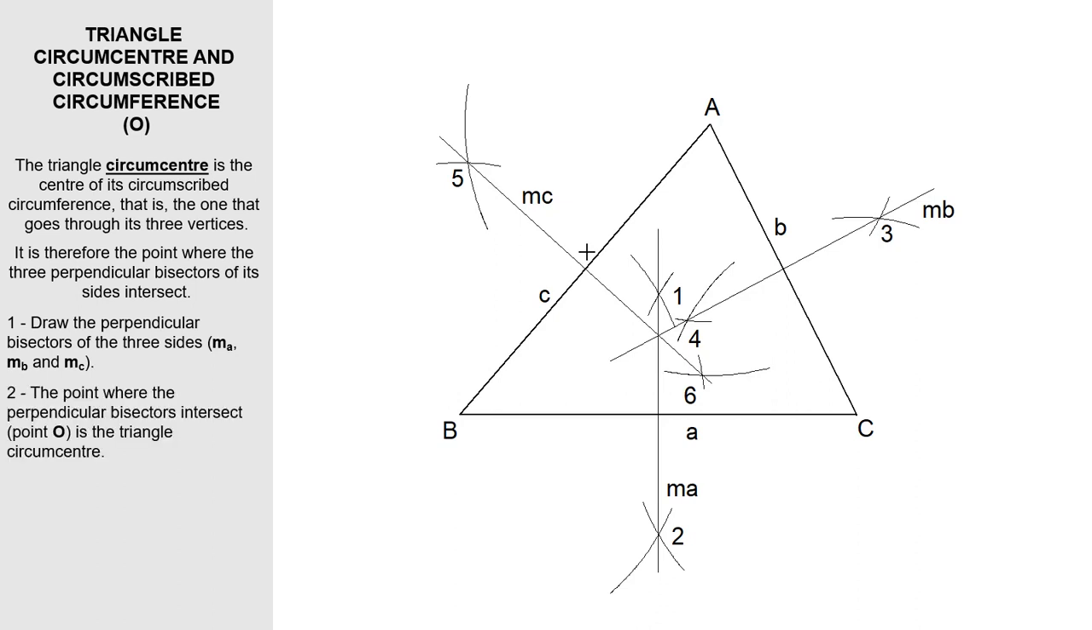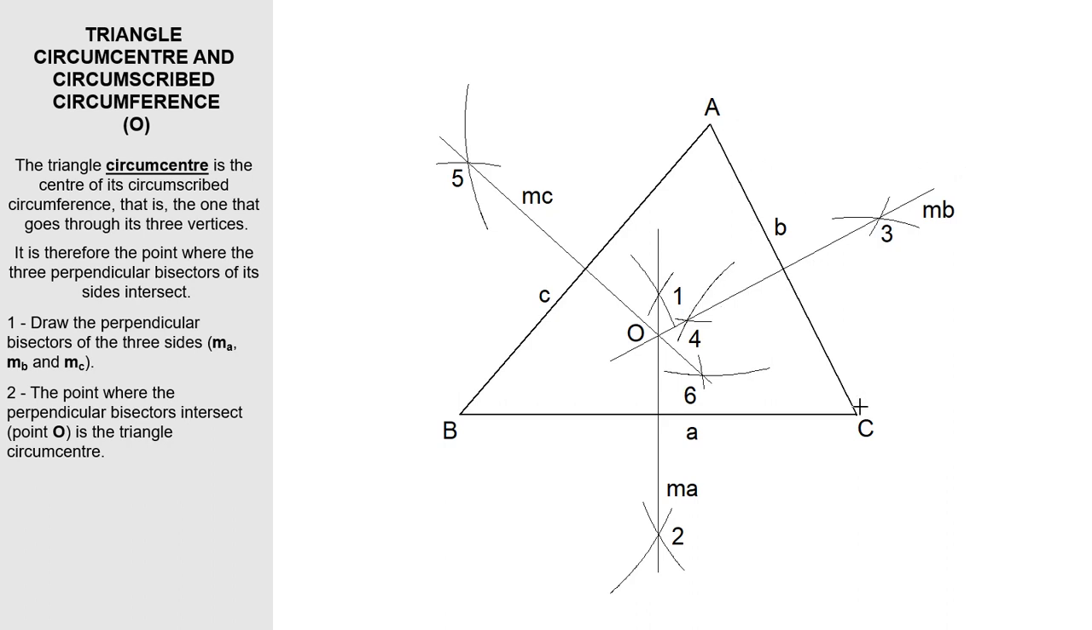As we see, the three perpendicular bisectors meet at this point O, which is the triangle circumcenter. Let us look at this property. If every point on this perpendicular bisector M sub A is a center of a circumference that goes through points B and C at the same time,